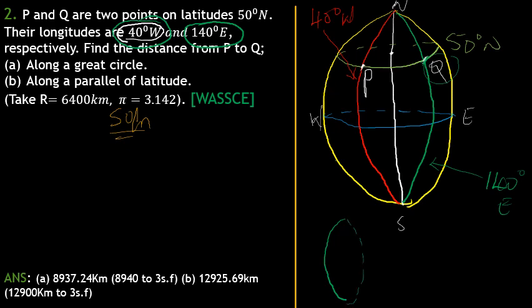That's this longitude 40 degrees west. Now, that means this is the latitude. P is here, and Q is on this other side here. This is Q. So this has to be a straight line,